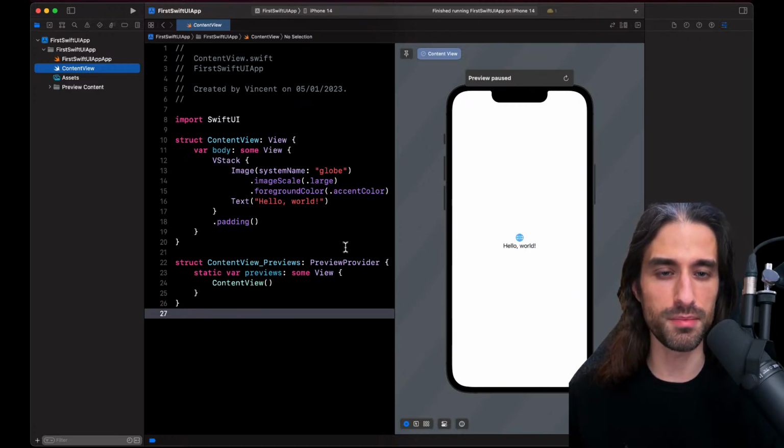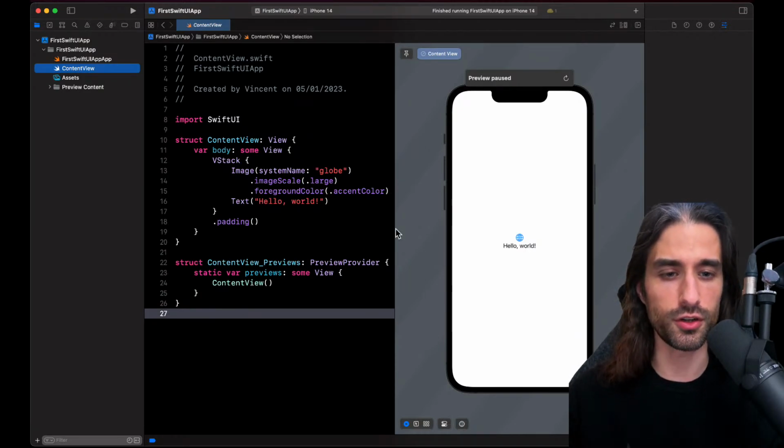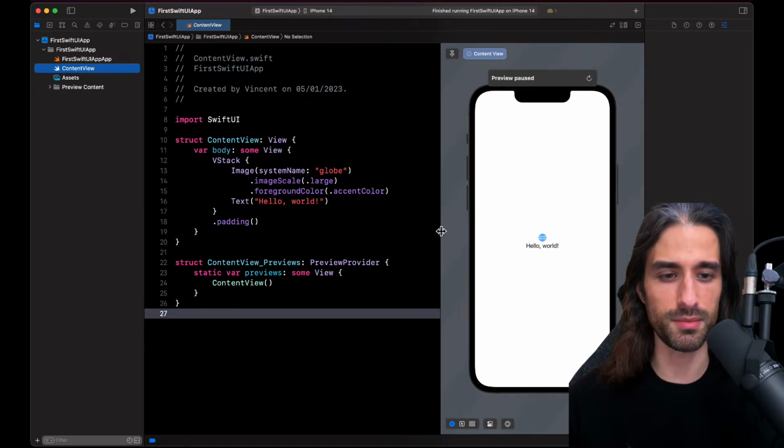So meaning the cast members, the name of the actors, and the name of their characters. But we're going to do it step by step so that we can really understand how you build such a simple app, but that is still a bit of a challenge when you are discovering SwiftUI for the first time.